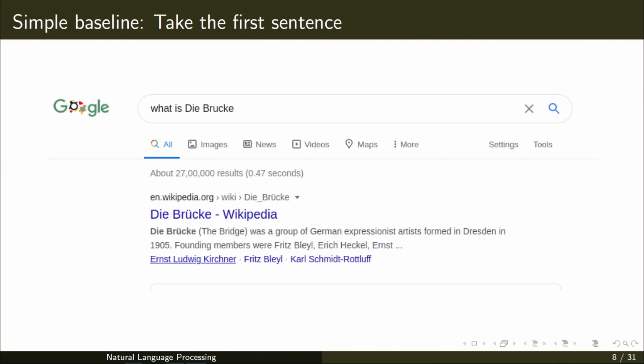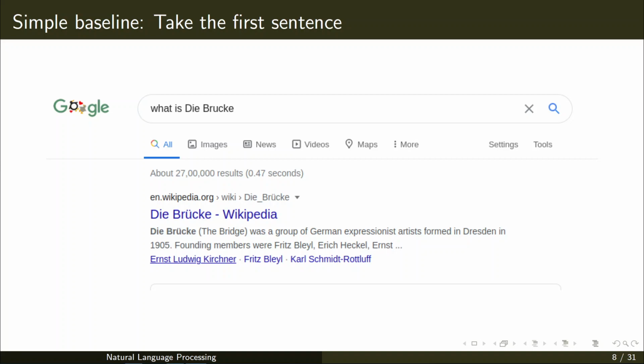A simple baseline application for summarization, once again extractive summarization, is to take the first sentence of the document. That is what the simple baseline algorithm says. It means that you ask a question, and the simple baseline algorithm takes the first line in the document, which will be a somewhat better summary of your total document. Usually, good writers write the first sentence as an abstract or a summary of the total document they are going to give.